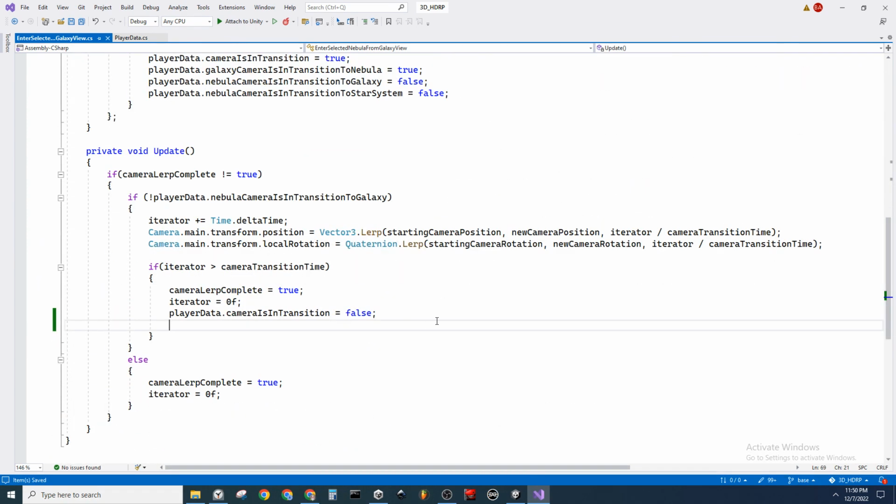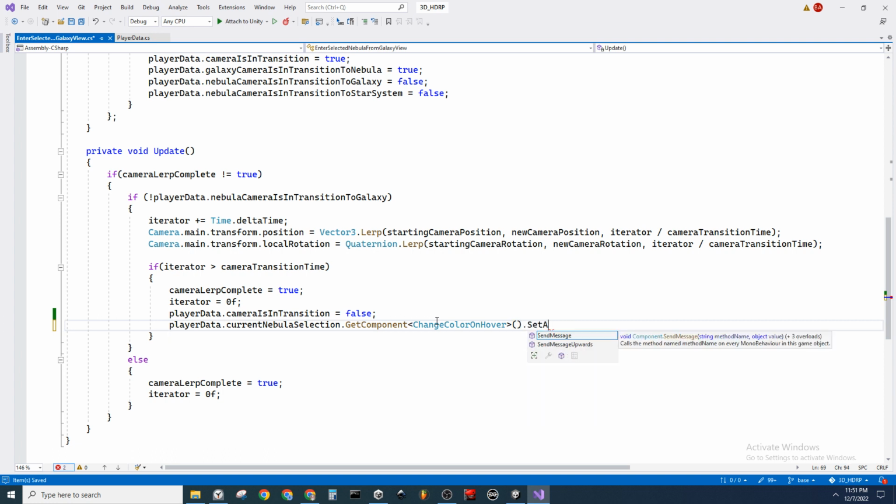I wonder if I could just turn off that behavior as well. I might have just been able to do that. But basically we say player data dot current nebula selection dot get component, and then its color on change color on hover dot set active or enabled maybe. Then make sure it's not deprecated. Equals false. And all this is going to do is